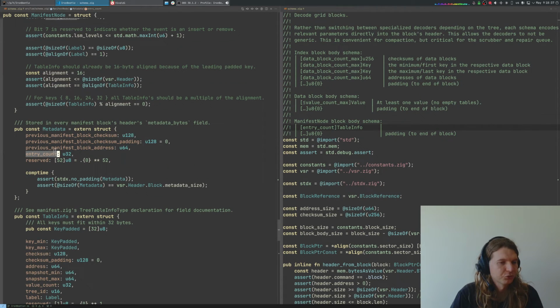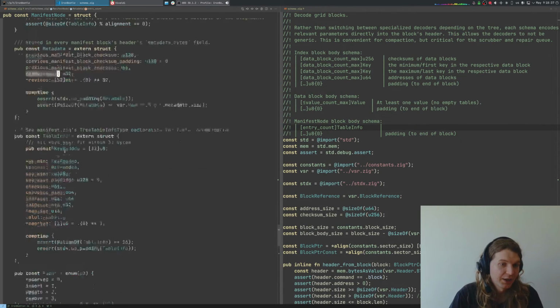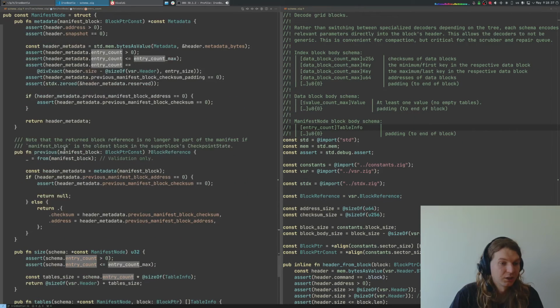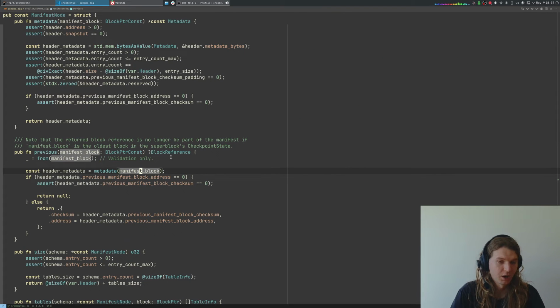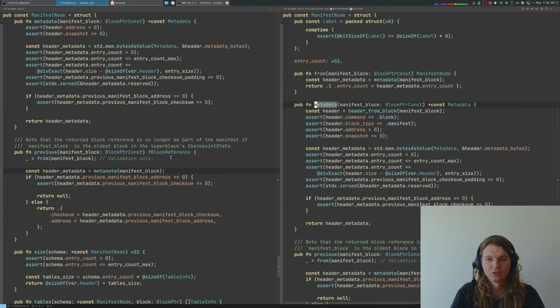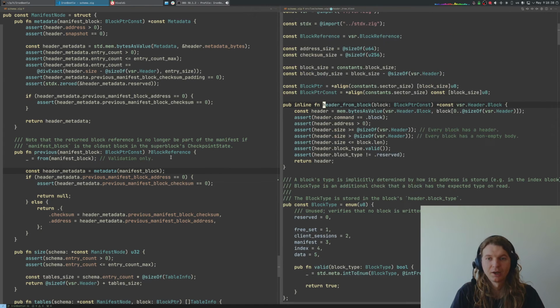Yeah, apparently we also store the total number of table info entries in this block. Then previous just gets us the previous node, which is pretty simple. So how do we extract the metadata? Well, we take the pointer to the block, and we extract metadata by casting the beginning of the block to